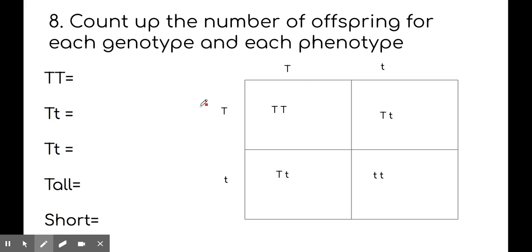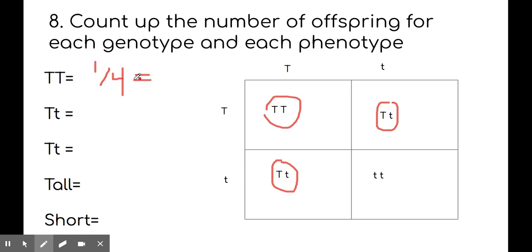It's possible that these plants could actually have 100 babies or 1,000 babies. But what this is telling us is that if these two plants had 1,000 offspring, only 1 out of 4 of the 1,000 offspring is going to have this genotype. Whereas, look here, half of our offspring have the capital T lowercase t genotype, which means if we had 1,000 babies, half of those babies would have these genotypes. Why? Well, that's because for our capital T, we got 1 out of 4